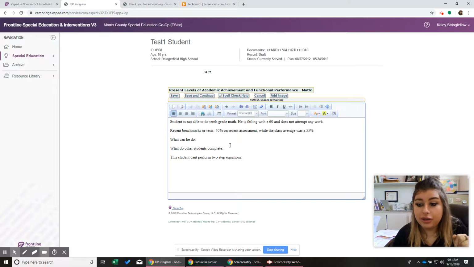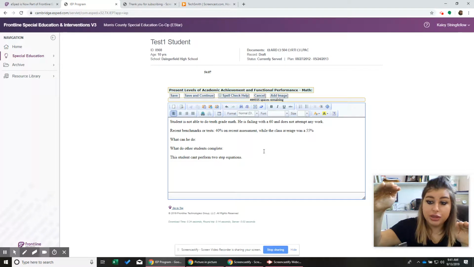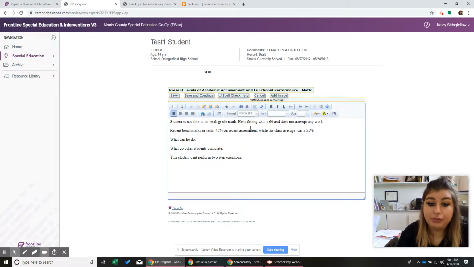So our goal is how do we get this student from these one-step equations, which is like Algebra 1, 8th grade, to two-step. This student may not master high-level Algebra 2, but if we can go from one step to two-step this year, that's success for him because it sounds like he's really struggling.